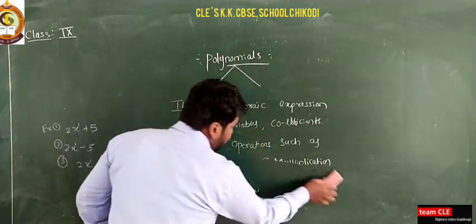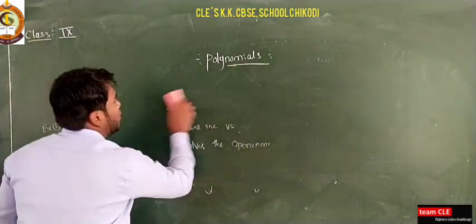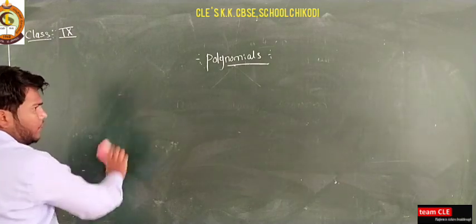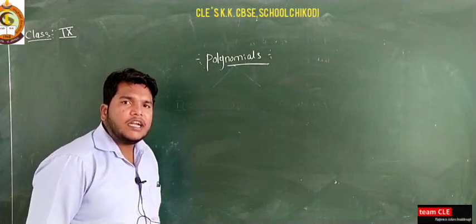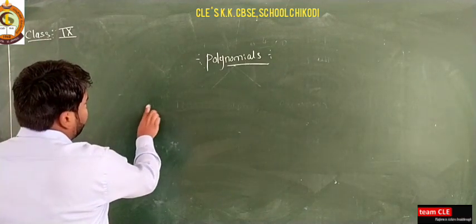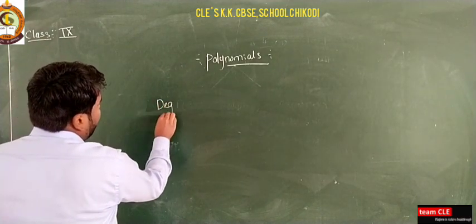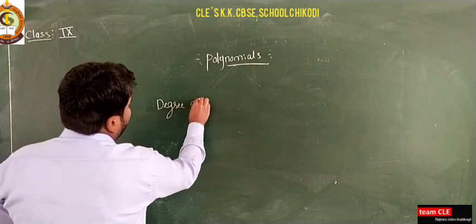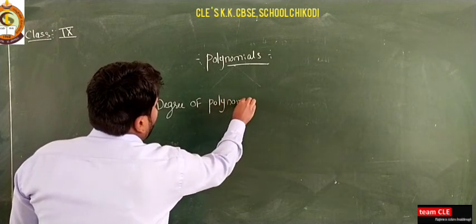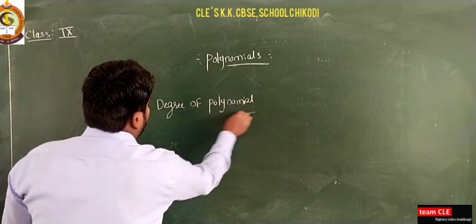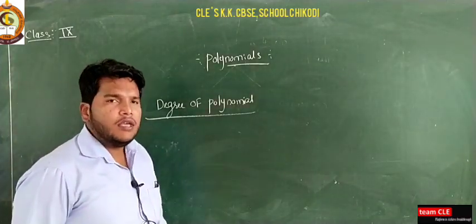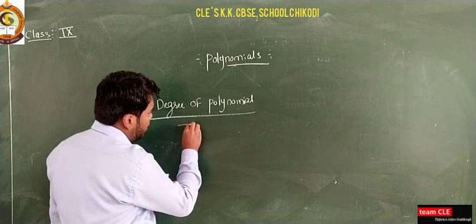Okay, so note down this definition of polynomials. I think you have understood the definition of polynomials. Next you are going to study the degree of the polynomial. Next concept you are having is the degree of polynomial. The highest power of the variable is called the degree of the polynomial. So write the definition: